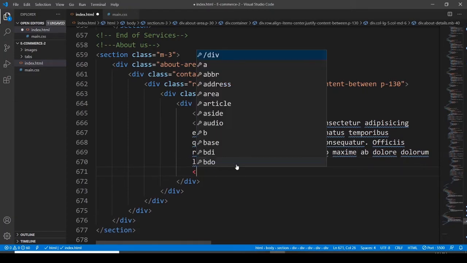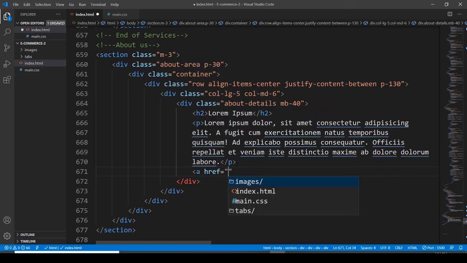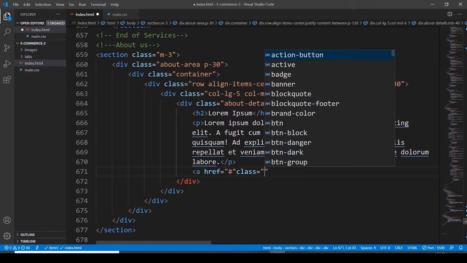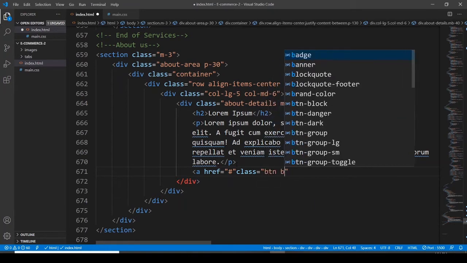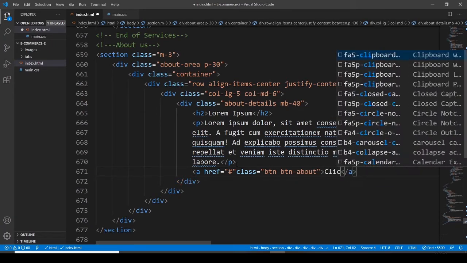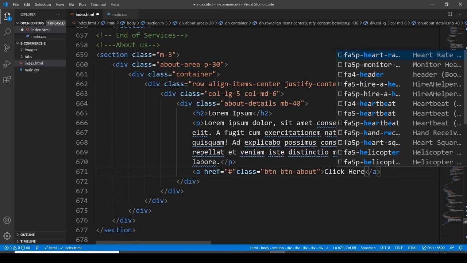Then after, I want to have a link here, and I want to assign it a class, and this class is going to be btn, then btn about, click here. After this,